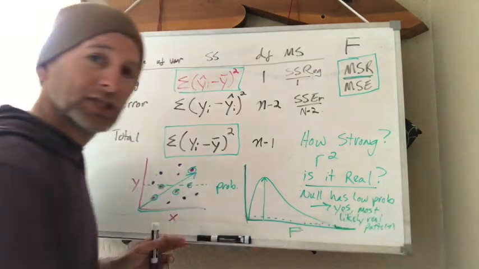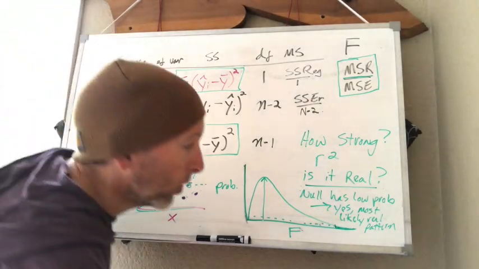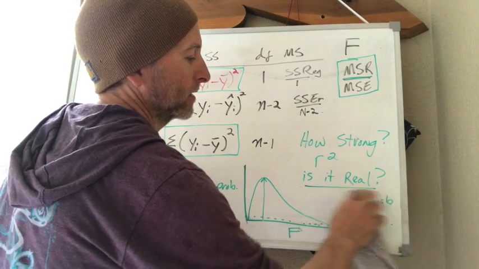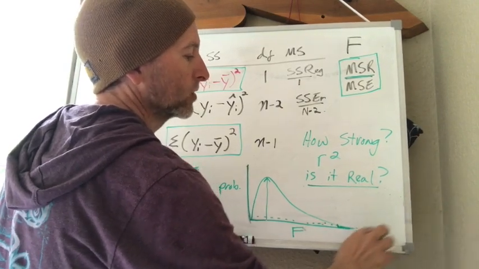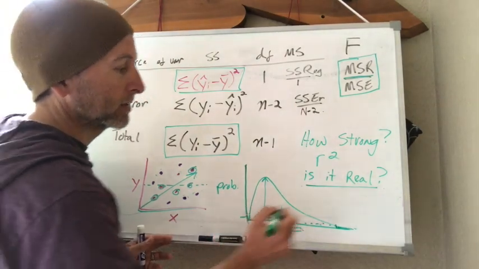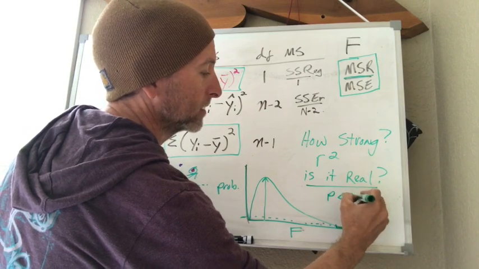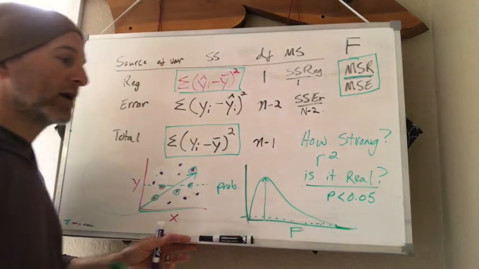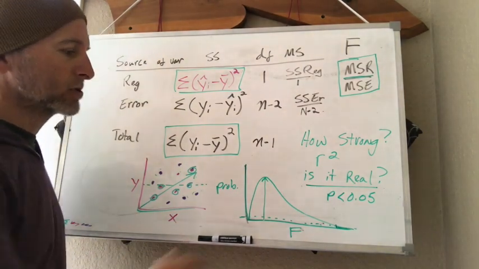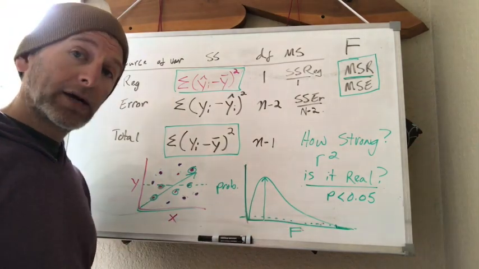You might be able to read my chicken scratch there. So, for is it real, ultimately what we're looking at is a p-value. And that p-value comes from our F-score. So we calculate a high F-score, we get a low p-value, like here. And when that p-value is less than the often used 0.05, which we'll generally use for our regressions by default, then we say there's a low probability that the null is true. And so we can rule that out, we can reject the null,